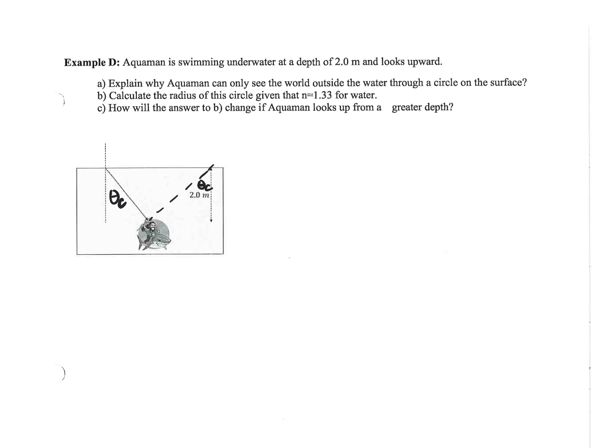is outside that circle, isn't it? In other words, this thing is kind of a circle on the surface, isn't it? Do you understand that? Anything outside that circle is greater than the critical angle, okay? So it looks like a circle of water on the surface. So in part A,